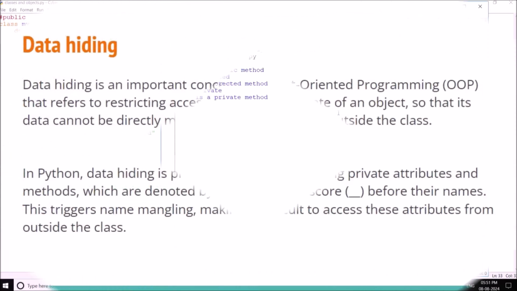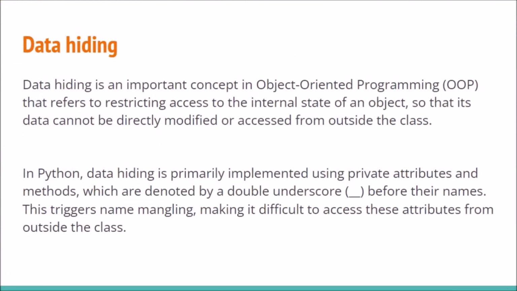Data hiding is an important concept in object oriented programming that refers to restricting access to the internal state of an object so that its data cannot be directly modified or accessed from outside the class. This is typically achieved through the use of access modifiers such as private and protected attributes, which encapsulate the data